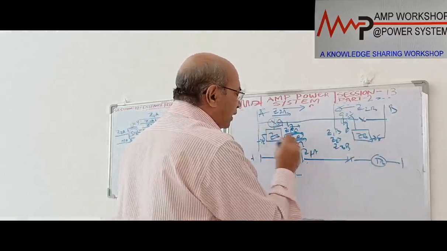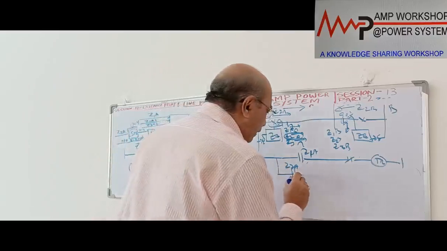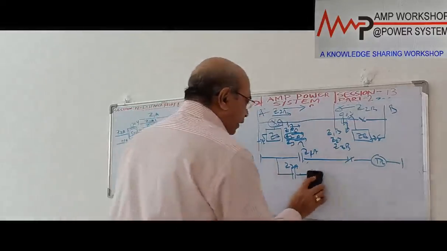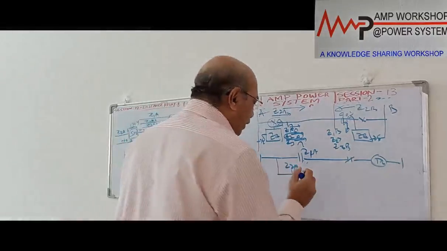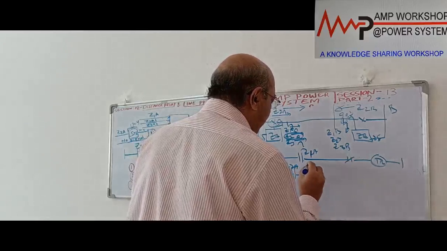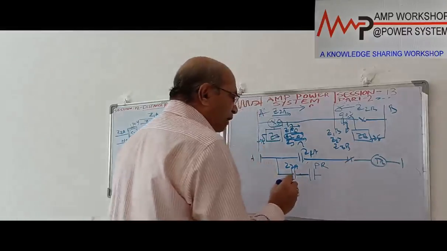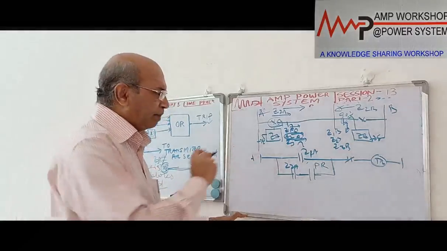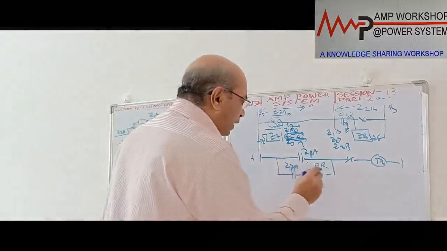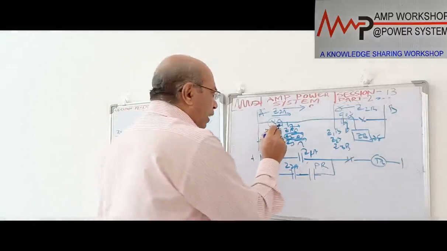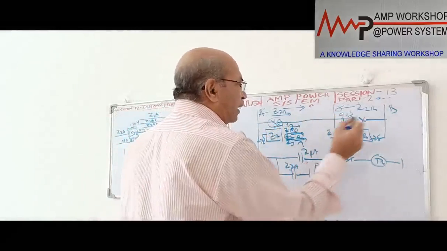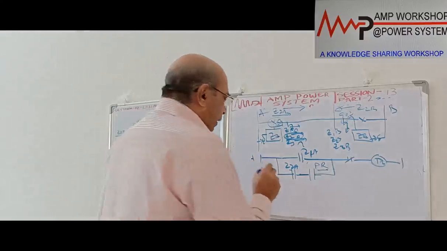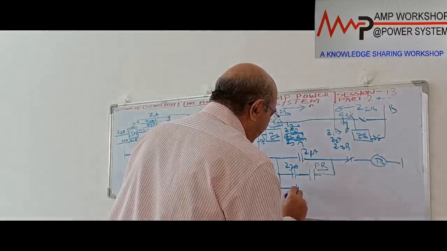Z2, this end second zone element, has operated and it has received a signal from the remote end. This is a signal from the remote end. That means the remote end Z2 element has also operated. This signal received is a permissive receive. If this is received, then it will go for tripping. That is what we have said in the case of the permissive overreach scheme. That is your expedite scheme. When this second zone element has operated and it has received a signal from the remote end, then it will trip the breaker, right?